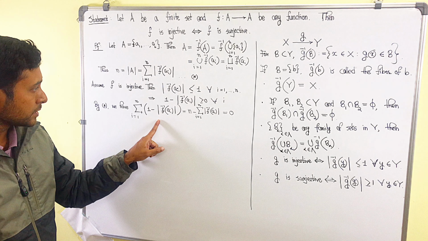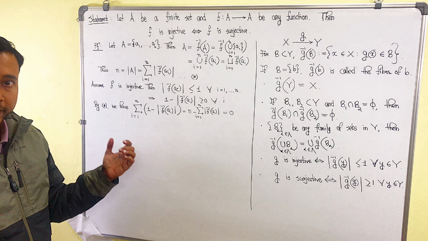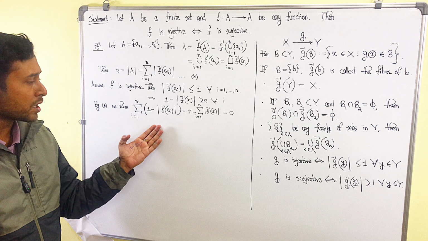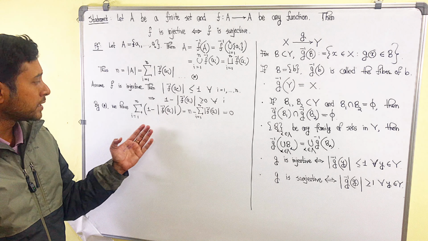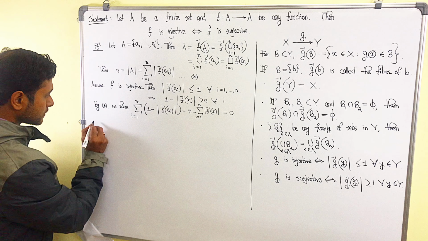each one of the integers is greater than or equal to 0, that means non-negative. So the sum of finitely many non-negative integers is 0, which means each one of them has to be 0, because if any one of them is strictly greater than 0, this sum would have been strictly greater than 0. So we have